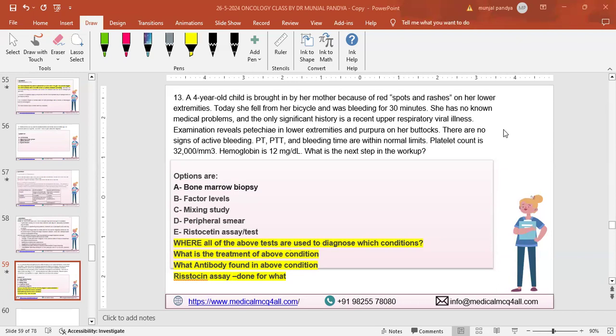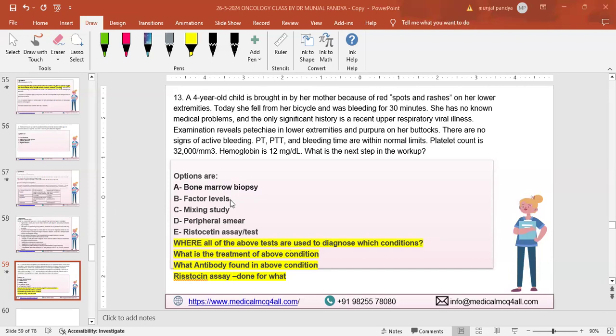Yes, sir. So in any hematological condition: CBC, peripheral smear, and then bone marrow. You cannot directly jump to bone marrow without CBC and peripheral smear. Peripheral smear will confirm that platelets are low and whether there are any other associated abnormalities. So peripheral smear is always number one in any hematological condition. Bone marrow is done just to confirm the diagnosis, but after peripheral smear.